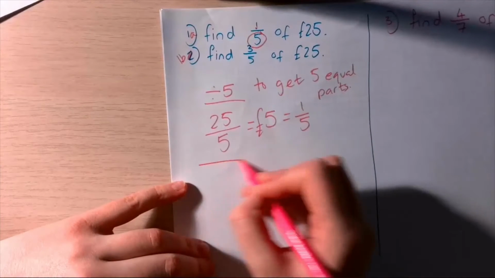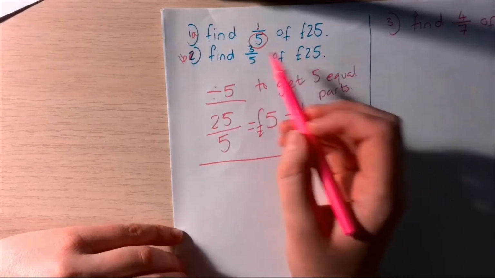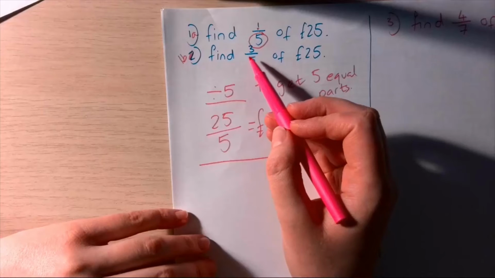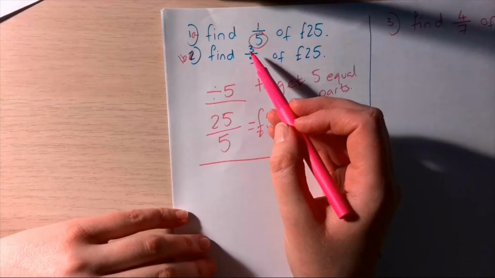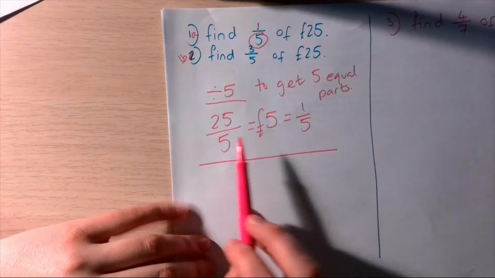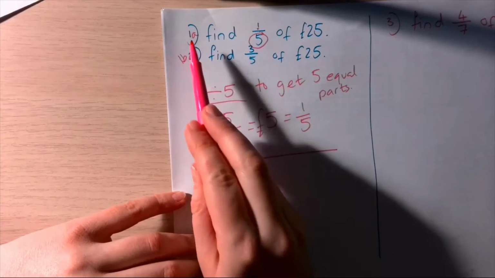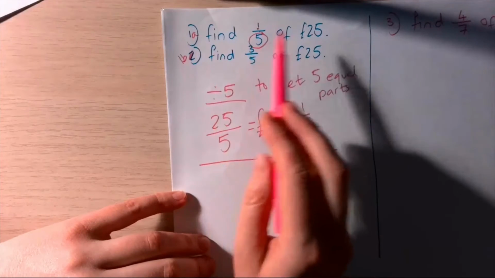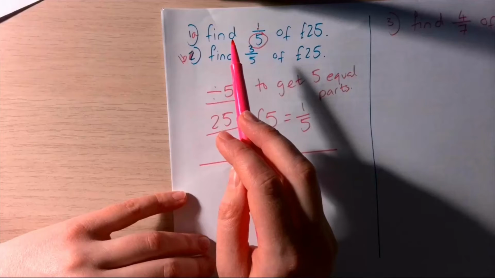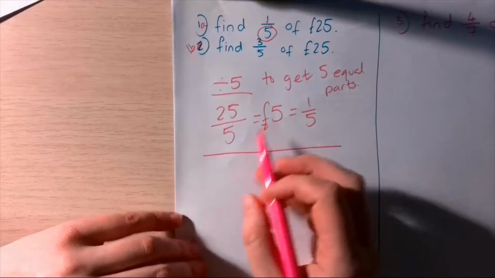Now for part B, we're asked to find 3/5 of £25. So this time we're going to split it into 5 equal parts again, and we want to know what 3 of them are going to be. Okay, so we've already done a lot of the work here. That's how A and B questions work, okay? You tend to do a lot of the work in part A, and then in part B, usually something to do with that, okay? You can kind of save a bit of work by using what you did in the first part. So for part B,